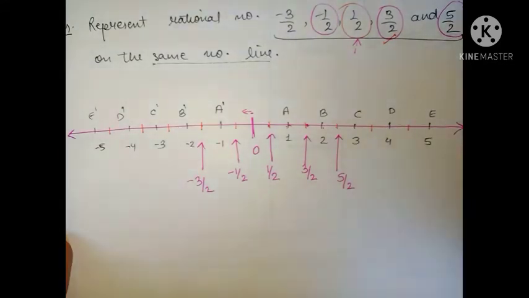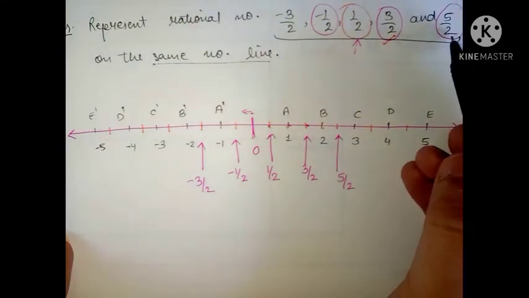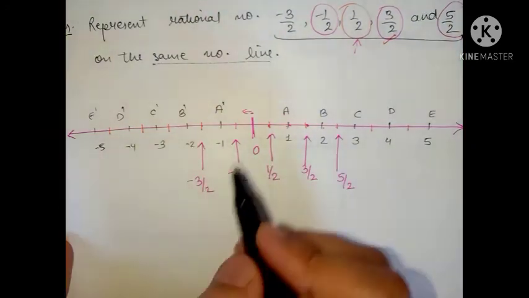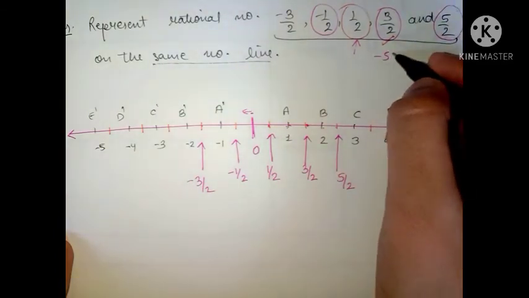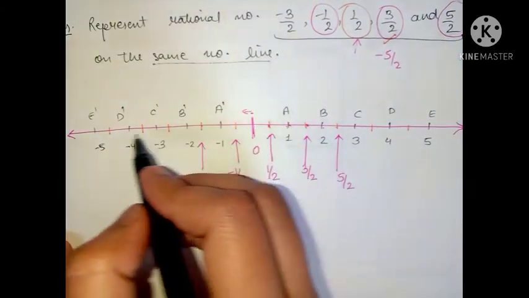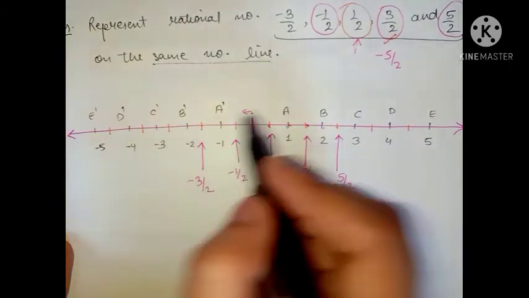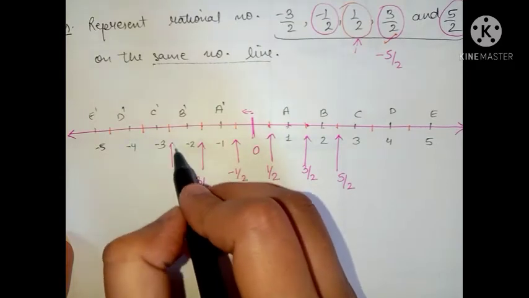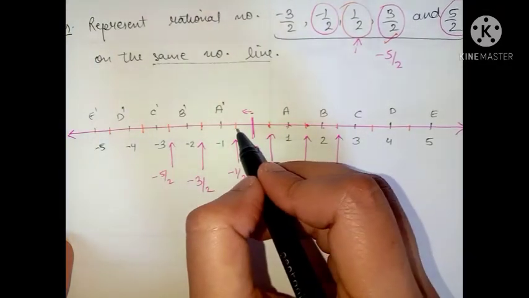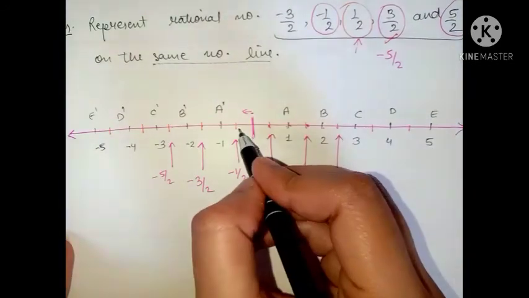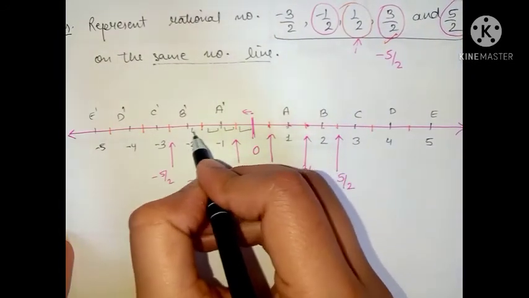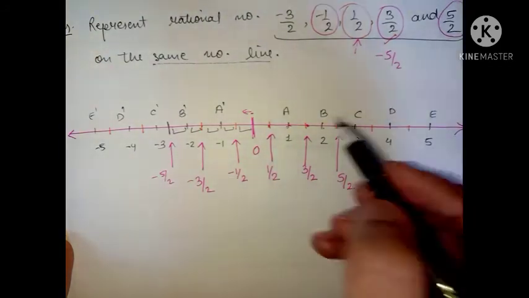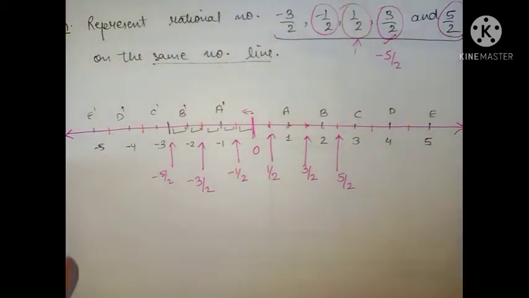And we can mark many more numbers which have 2 in the denominator on the same number line. Like we can mark minus 5 upon 2 as well. All we need to do is to walk 5 distance from the 0 towards left, because it has a minus. So 1, 2, 3, 4, 5. See carefully what I am doing, I am just taking this distance. 1, 2, 3, 4, 5. We have stopped here, so we have marked this as minus 5 upon 2. Okay, I hope this is clear to you.